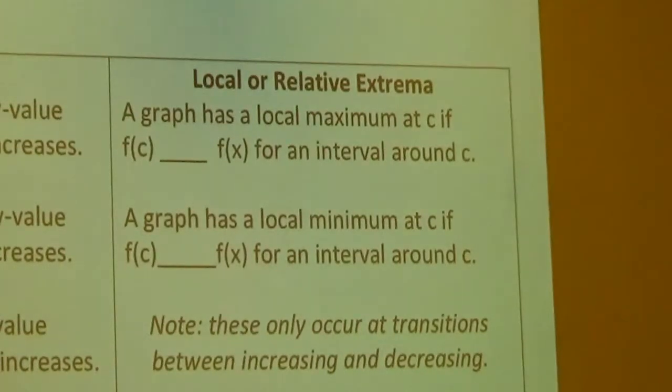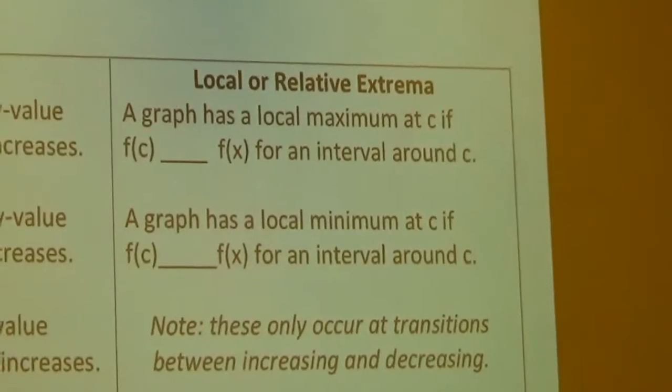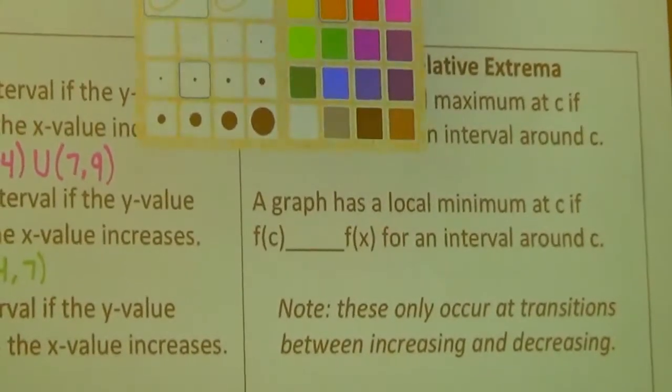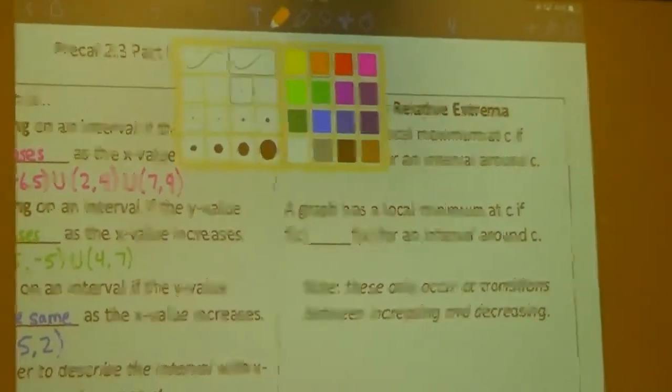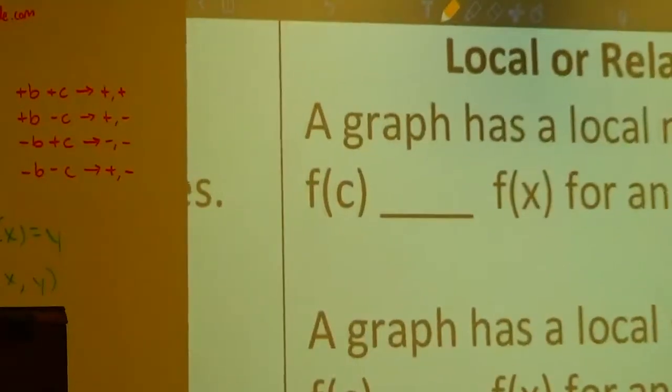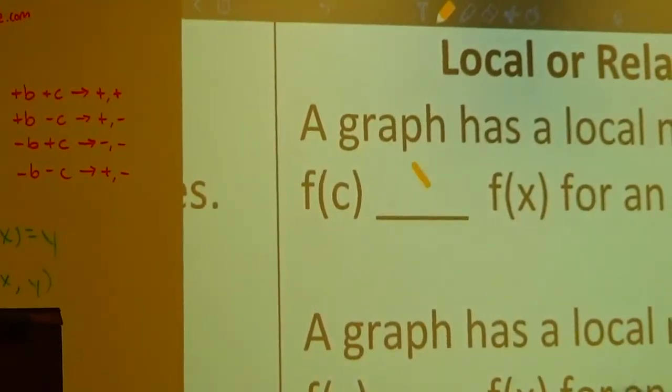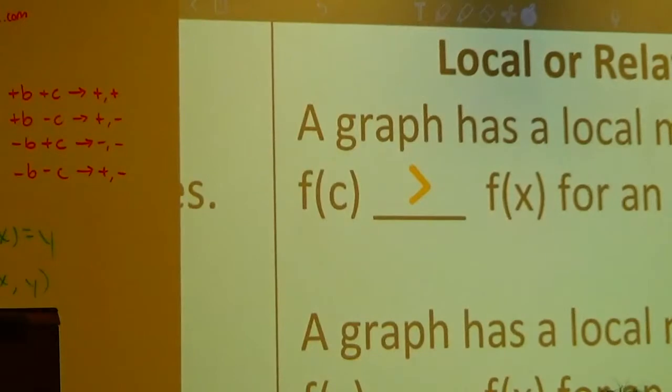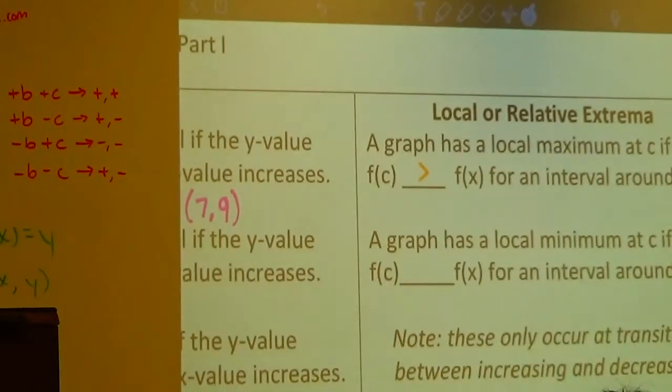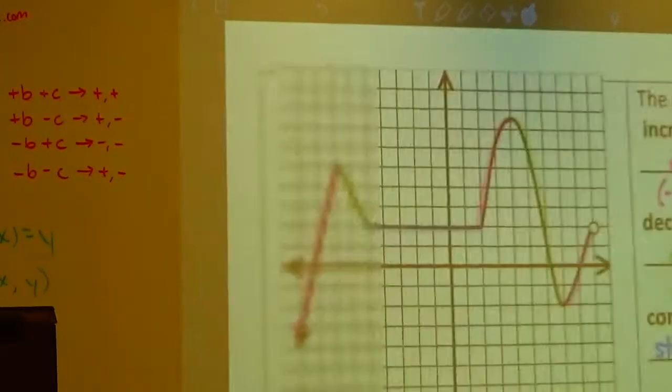So it's just saying, and I'll write this here first, but if we have a local maximum, then f of c is greater than f of x for an interval around c. So that's saying we pick a point, and the y value at c is bigger than the other y values close to it. So if we come over here and look at this,